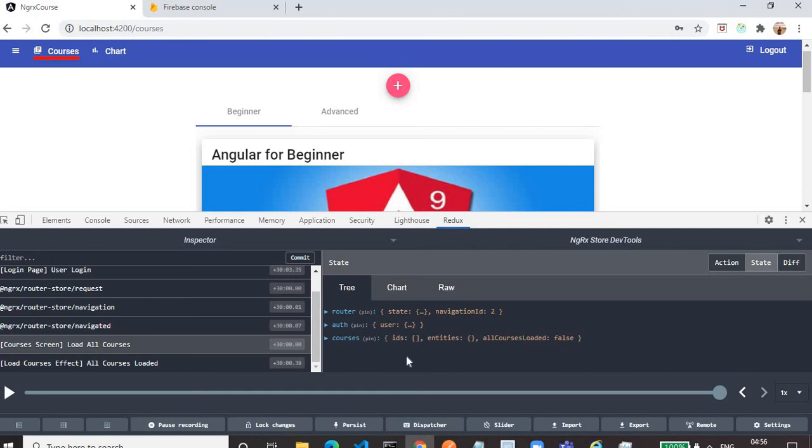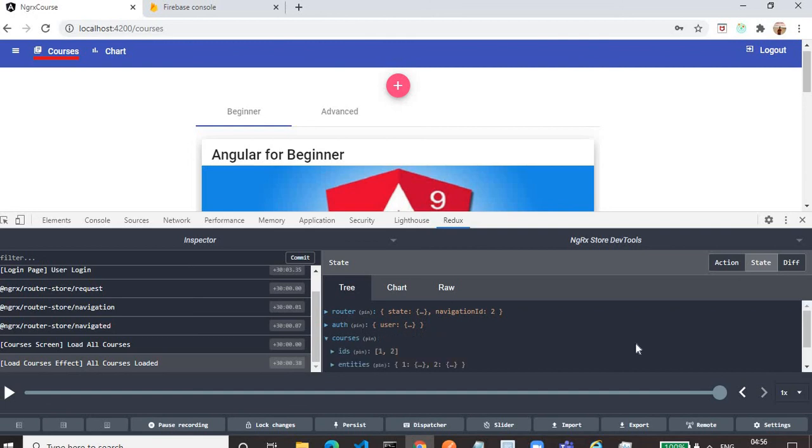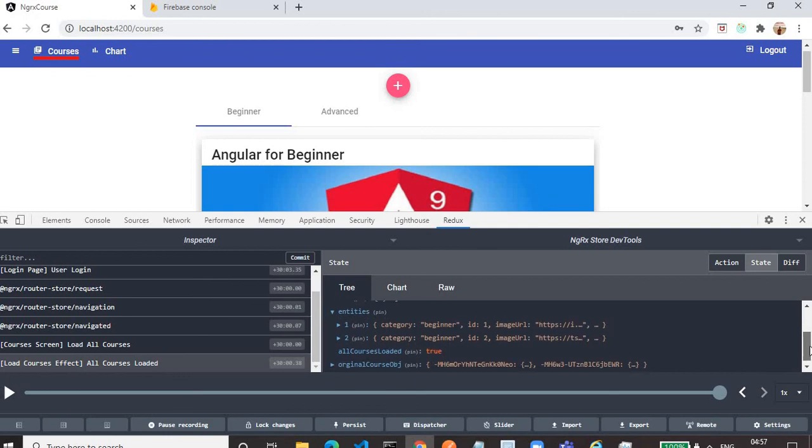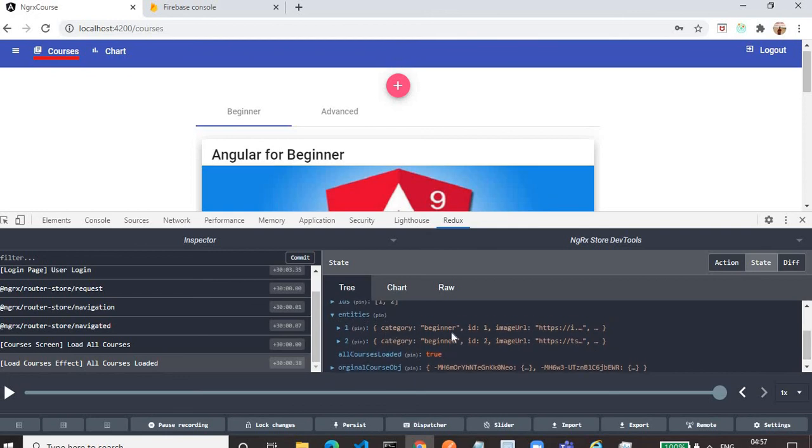So if you see, this courses state has an ID property, in which it will store the IDs of the courses. Then we have entities, which is an object. In this, the data is stored as ID, the property, colon, then that course object. It will store in this way.